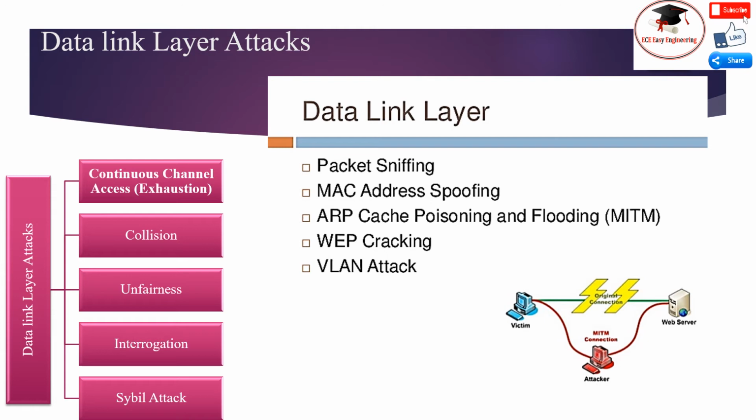A collision occurs when two nodes attempt to transmit on the same frequency simultaneously. When packets collide, a change will likely occur in the data portion, causing a checksum mismatch at the receiving end. The packet will then be discarded as invalid. A typical defense against collision is the use of error correcting codes.